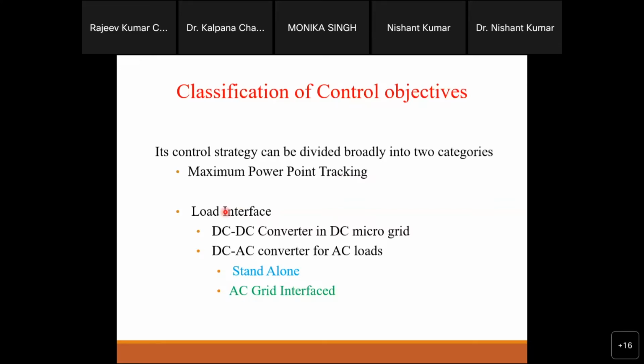And then after that, we are going to integrate with the grid. It means that solar power is DC, so DC to AC conversion is needed, and during the conversion, fulfilling the grid codes is also important. Fulfilling the grid code means we will see what the grid norms are here.